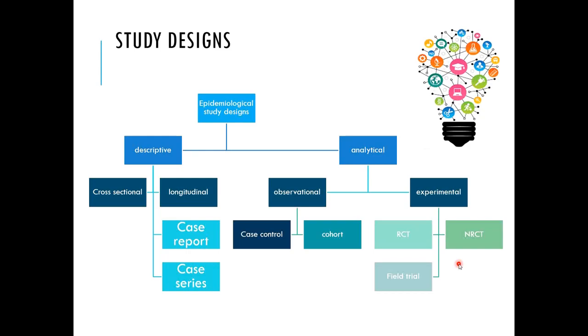And if you have distributed the patients into two groups according to random tables, it means you are conducting a randomized control trial. But if you know that Venofer injections are very, very expensive and cannot be afforded by all patients, and non-affording patients are given iron tablets and the affording patients are given Venofer injections, it means there is researcher bias there, and it will be known as a non-randomized control trial.